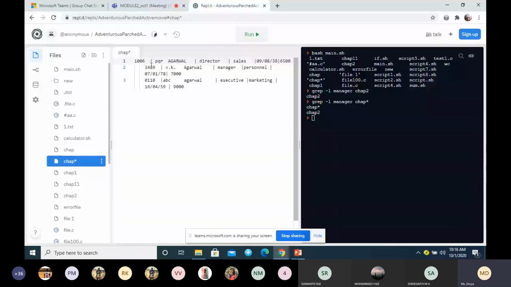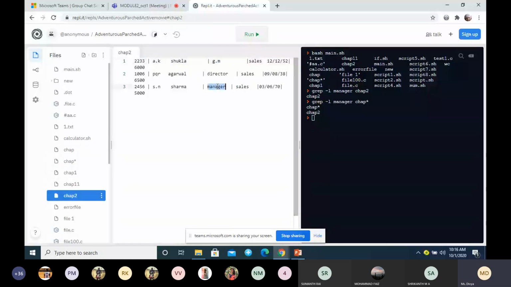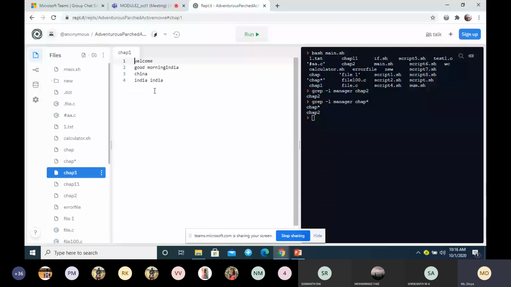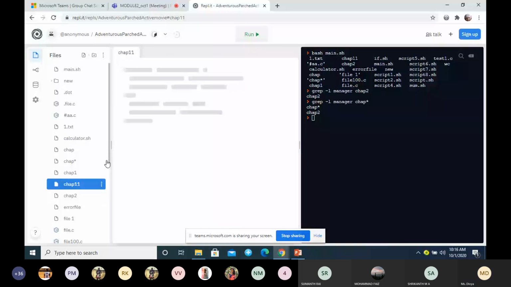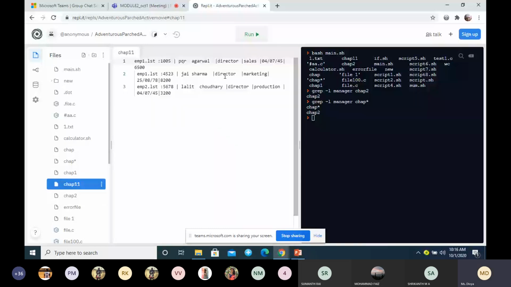You can see here, I have the pattern manager in CHAP star. Again, if you go for CHAP2, I have the pattern manager. Similarly, if you go for CHAP1, I don't have the pattern manager. CHAP11 also doesn't have the pattern manager.